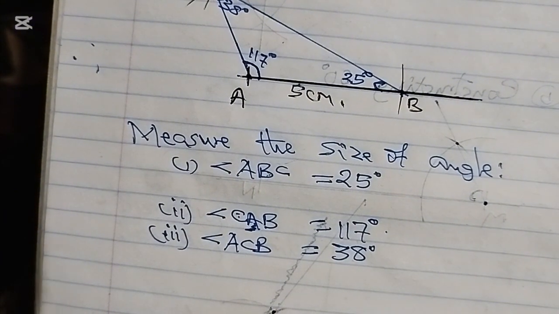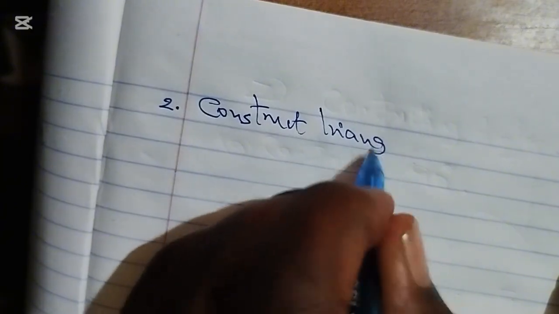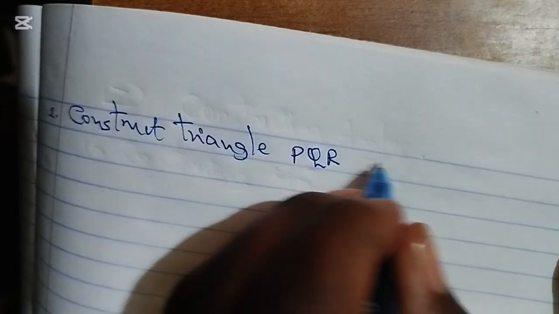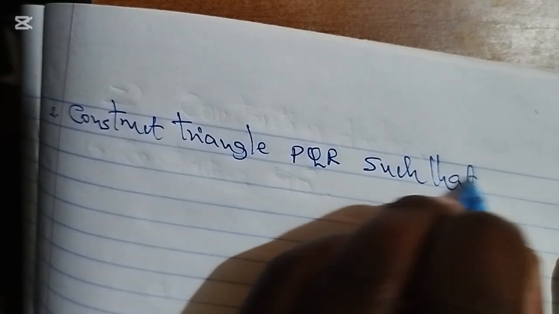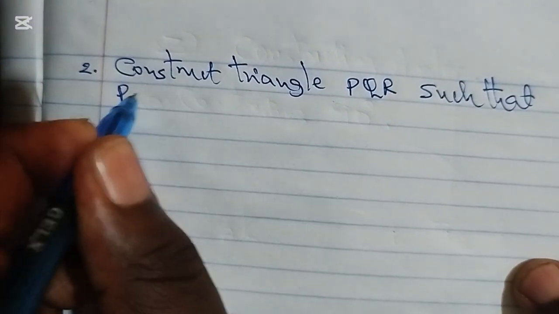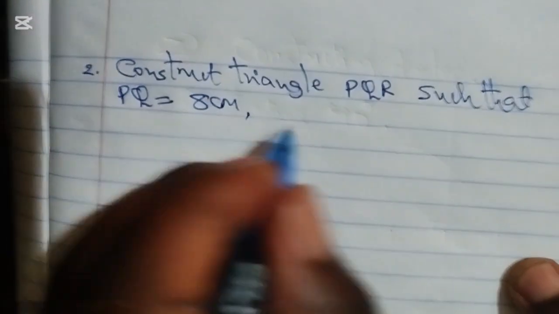Let's look at example 2 of our discussion. Example 2: construct triangle PQR such that PQ is equal to 8 centimeters,